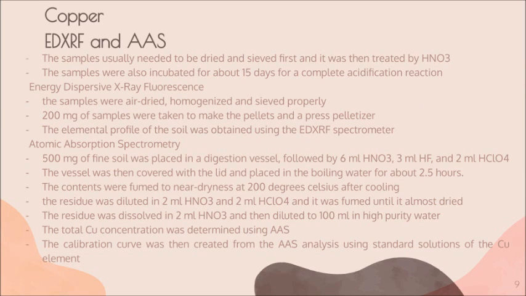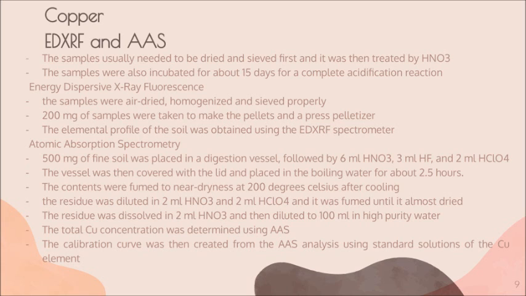To determine the copper content in the soil, 2 types of methods were conducted. The soil was analyzed using energy dispersive X-ray fluorescence, or EDXRF, as well as atomic absorption spectrometry, or AAS. All of the samples were prepared first: the sample was air dried and sieved, treated with nitric acid, and incubated for 15 days to